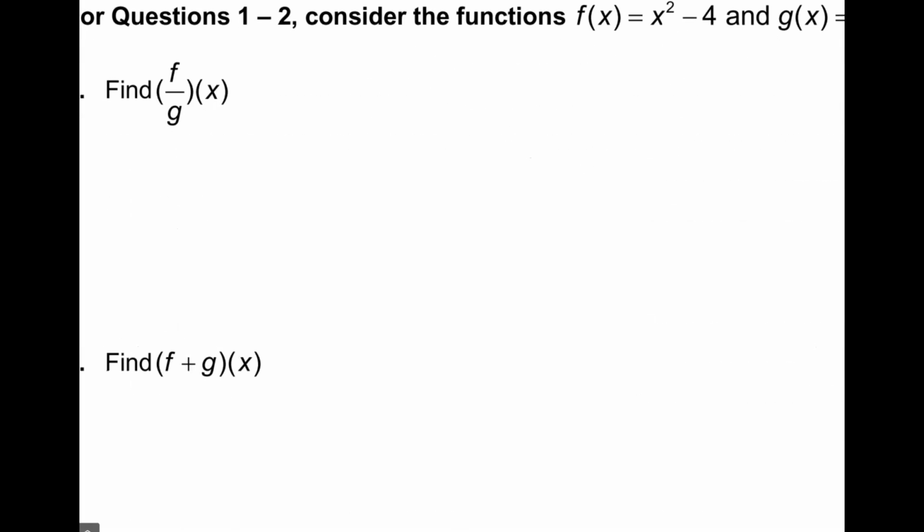Okay, so we're going to go over these first two problems. On the actual test of the 14 problems, the first four,